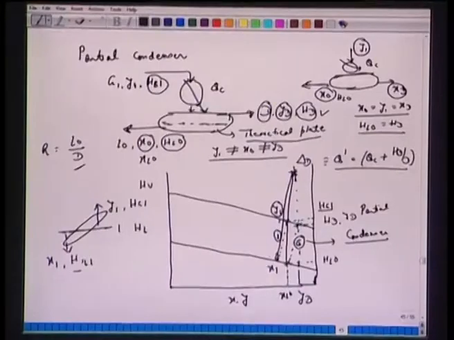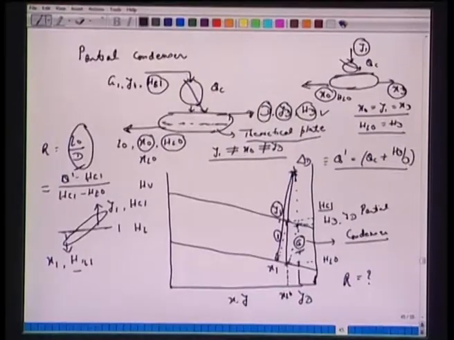Okay. So, the more important thing here is understanding the difference between the total condenser and the partial condenser through this. Now, look at the reflux ratio R. The reflux ratio definition is the same as here, L0 by D, all right, which we can also define, if you recall, L0 by D as Q prime minus HG1 over HG1 minus HL0.